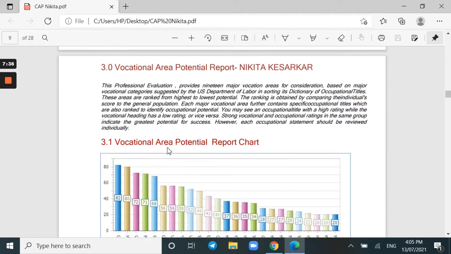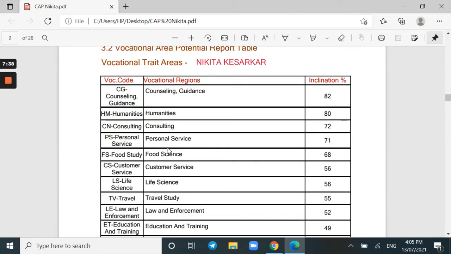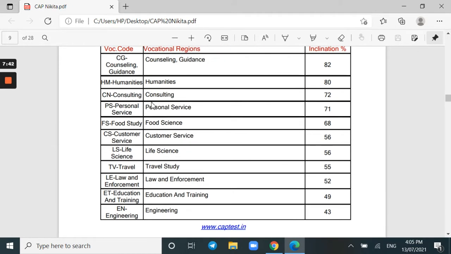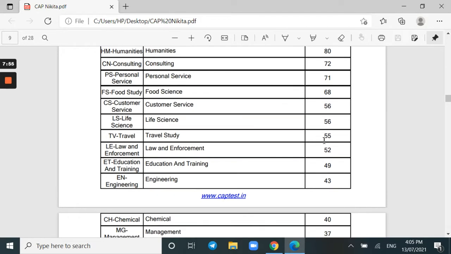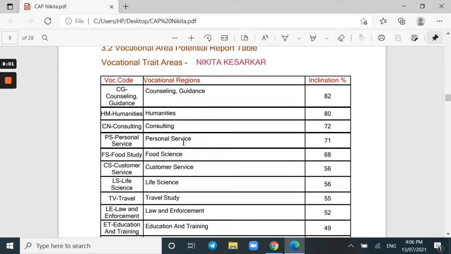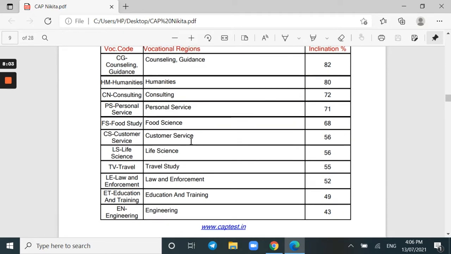The third angle is vocational area potential. In this case, as you can see, vocational area potential talks about those vocational areas which will suit the person as they are. Here, for the student, counseling guidance seems to be the highest vocational area, followed by humanities, consulting, and personal service, and then food science. The top 5-6 are normally looked at, or anything above 50 is considered a good vocation area for that person. So in this particular case, customer service, counseling guidance, humanities are the areas which look good